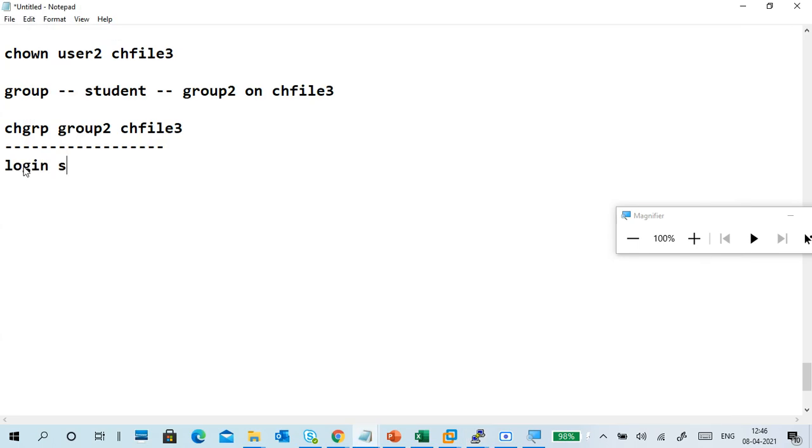When you log in as student, and use root to go to sudoers and remove the hashtag for the percent wheel group, and also add student to the wheel group, that is done. Again I check with the sudo command, and it is asking for a password. Why? Because the student still has not got that update. You have to log out and log in. Then only sudo will work.